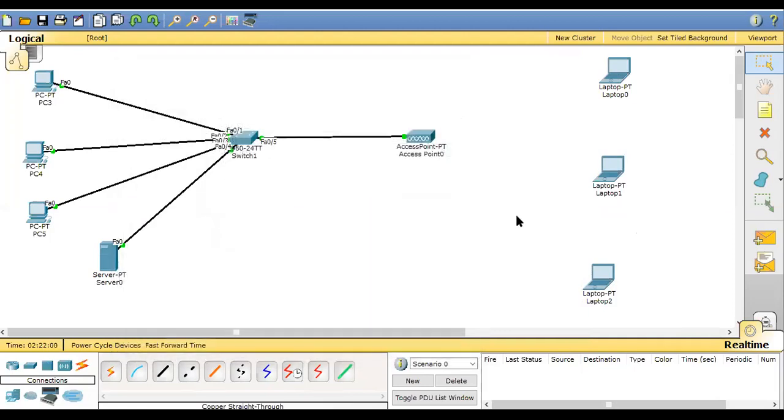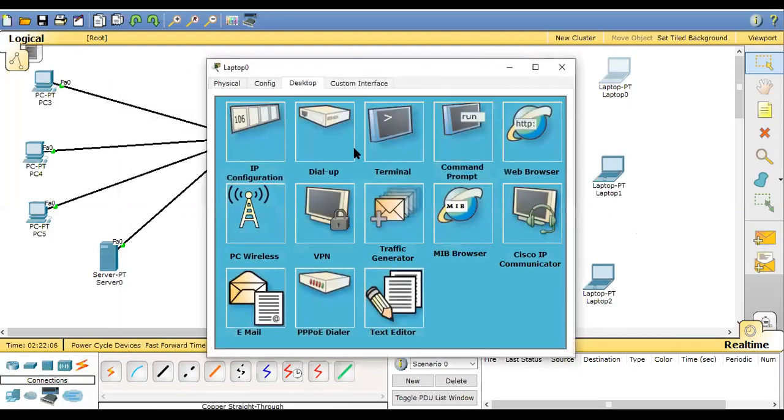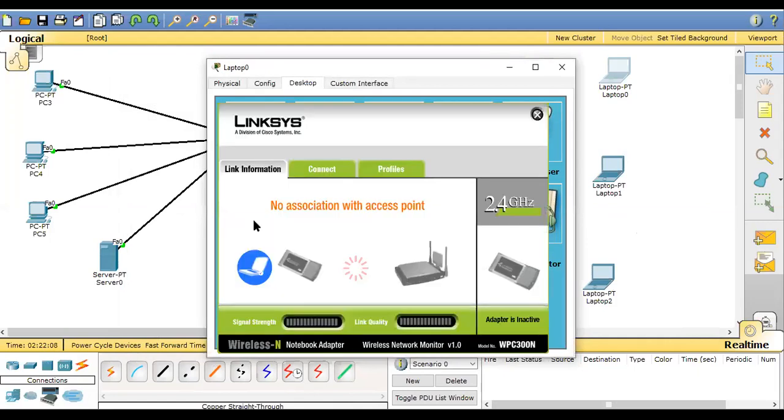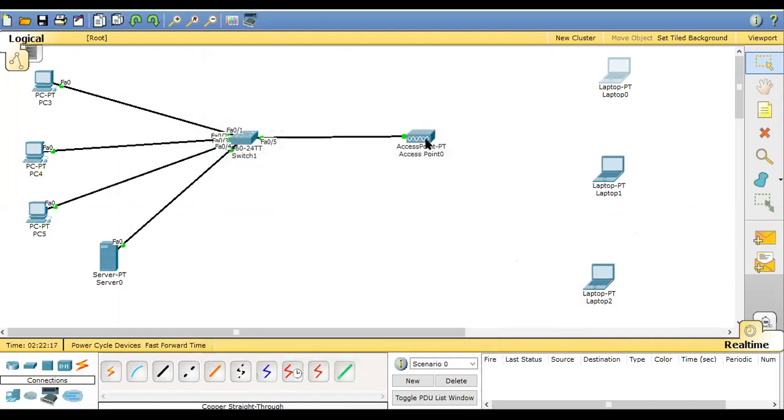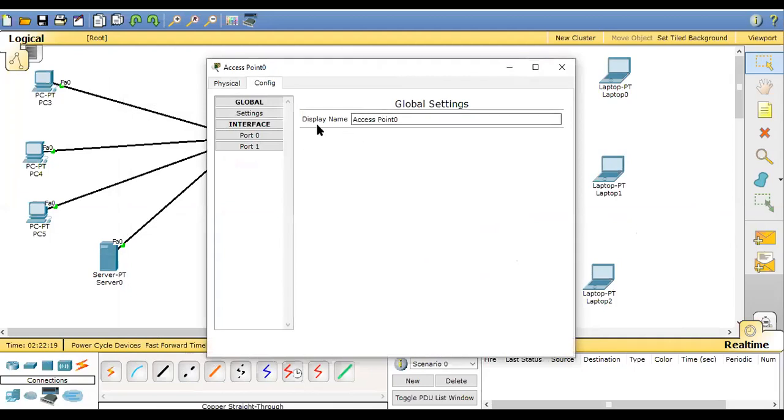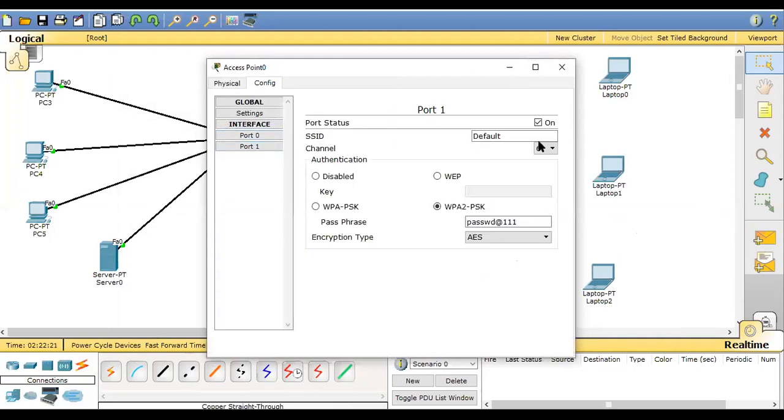So how do we connect now? This is the beauty of wireless. Just go to the laptop, go to wireless, and go to connect. It will show you the signal. See the default name, because I didn't give any name. You can give your own name, the SSID, which is the name of your network.